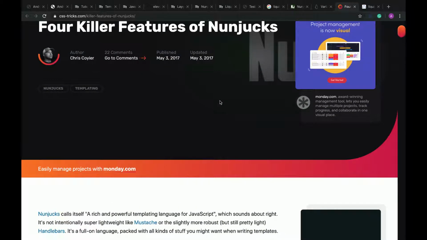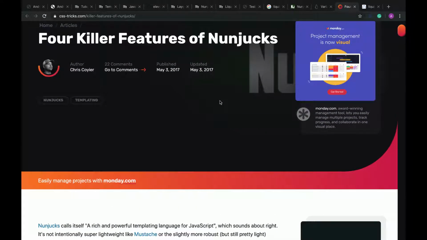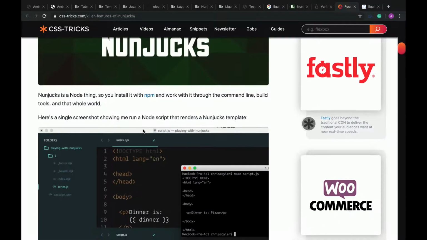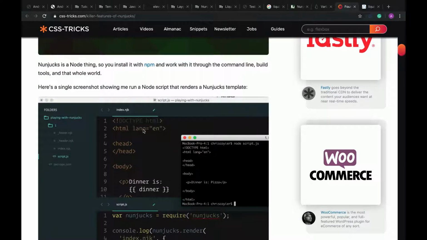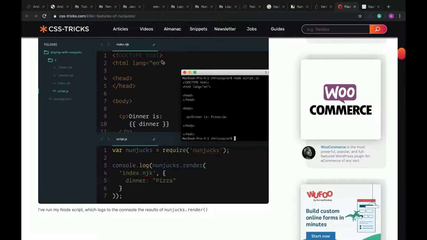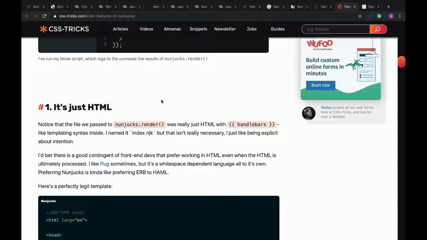Who wrote this? Okay, Chris Coyier. I'm a fan. I've read a bunch of stuff that Chris Coyier has written, so when you're reading something, I like to at least know who's saying it. Not that that'll change my opinion, but